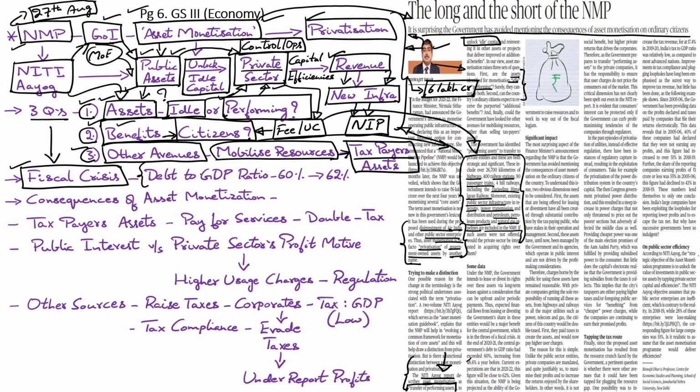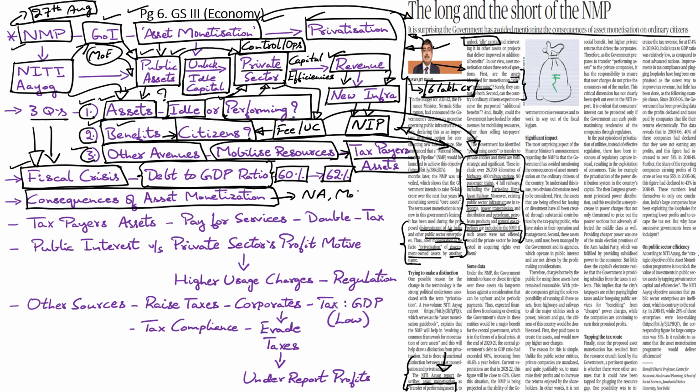Because currently the government is dealing with a major crisis as the debt to GDP ratio has risen to 60% for the financial year 2020-21 as compared to 48.6% a year before. For financial year 2021-22, this is expected to further increase to 62%. So if the government is looking to overcome the fiscal crisis through such asset monetization, then the question is, did the government really think about the consequences of such asset monetization? Because until now, neither the Niti Aayog nor the Finance Ministry have informed the citizens about the impact and consequences